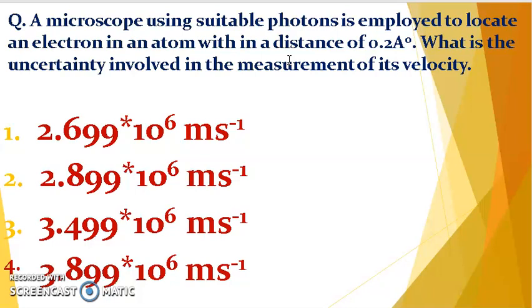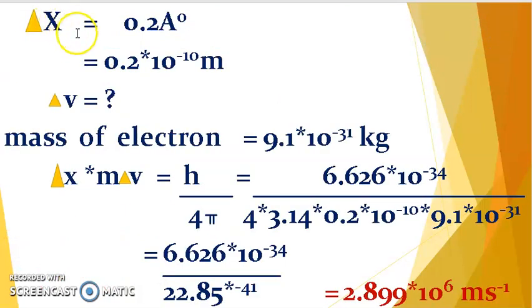It is impossible to determine simultaneously both the position and momentum. Whatever the particle or electron, we can't determine the position and the momentum exactly and accurately at the same time. Okay, it may get error. That is called the uncertainty principle, right? So that we have studied. What is the equation? You know that, no? Del x into m into del v is equal to h divided by 4 pi m. Okay, so you got the mathematical expression of this.